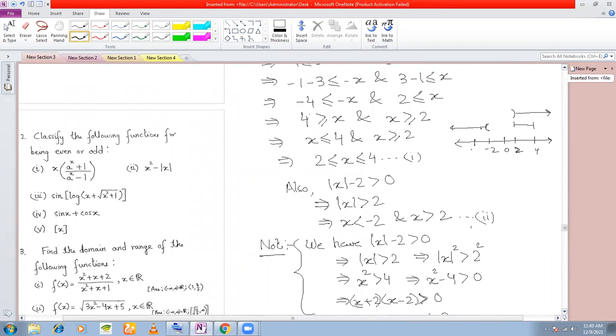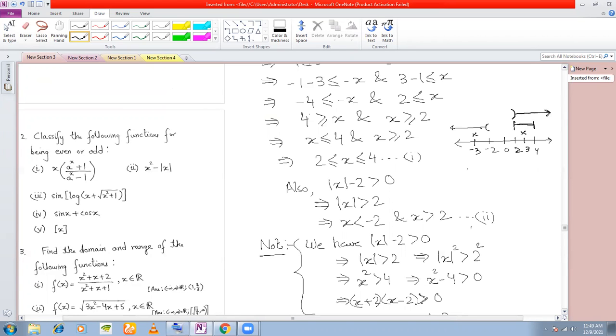So let's say you have a -3 here and let's say you have a 3 here. So this cannot take these two values. So what is the net result that we are getting here? If you see, the net result that we are getting here is x, because x can take any value from here till infinity, and x lies between 2 and 4 here. That means the first intersection that we are getting is x lies between 2 and 4, right?